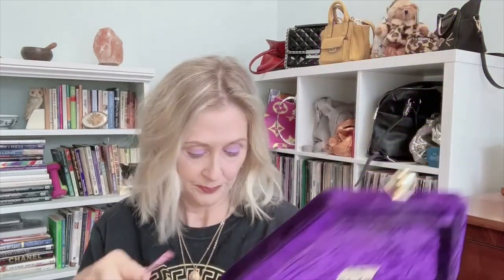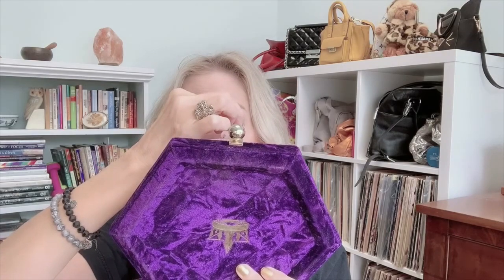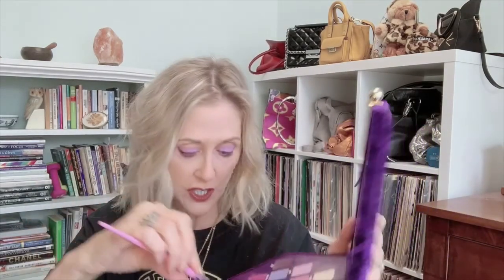This is just a beautiful lavender. And now I'm going to line with Blood Queen, a bold purple. I just use a gentle tapping motion right along the lash line. And I'm going to take this brush and just take the same color and go in on the corners. I've got a packing brush and I'm going to go in along the